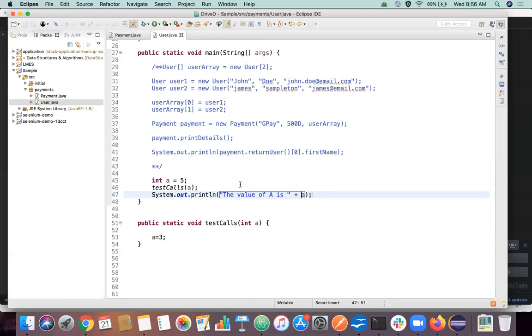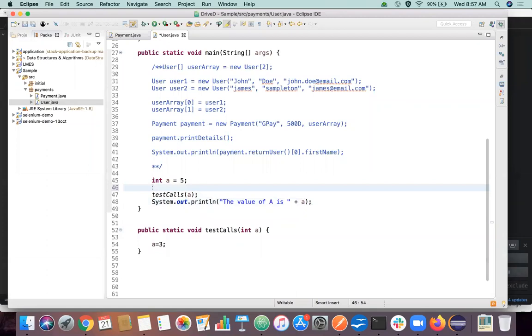So now I want you to understand what will be the output of this program when we execute this. We declared a, we are calling some method through this, and we are changing the value of a inside this method, and then we are going to print the a again, right? What will be the output actually? We'll also print this a before the method call. A before method call.